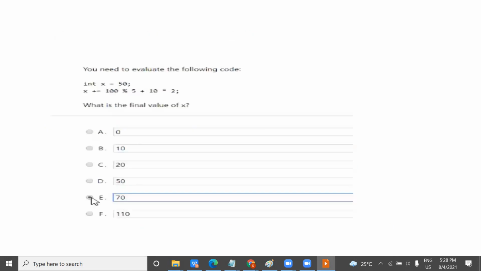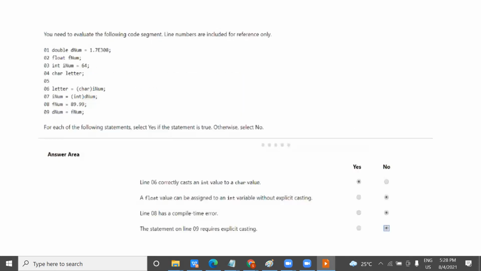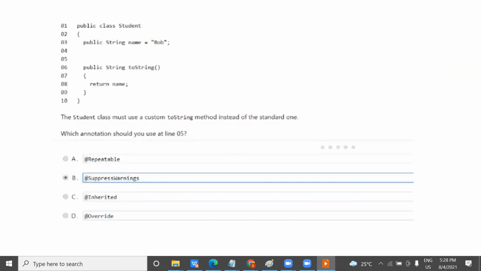Now the next thing: yesterday we have seen, right, what will be the value of x. So this is the radio button, where only one option is allowed. Sometimes you get confused in this also. Whenever you select, see the option, whether it is a radio button or a checkbox. Sometimes we consider it a radio button and select only one option. So you should be aware of this. I'm telling you about the pattern.